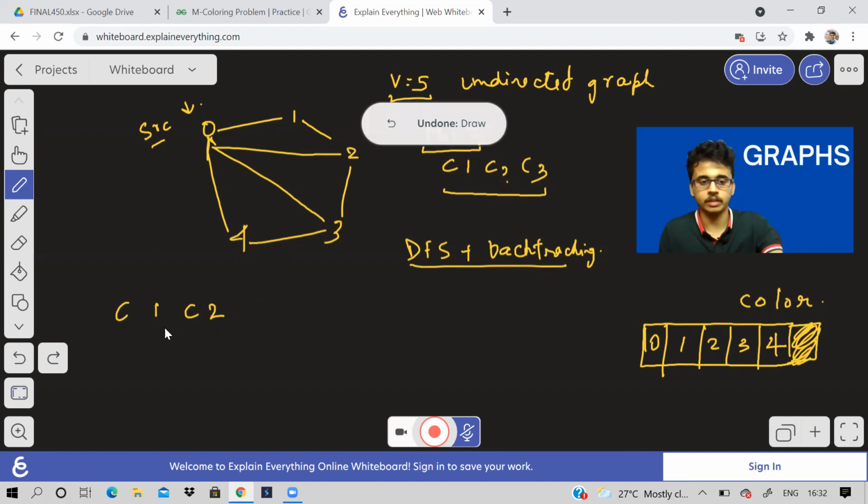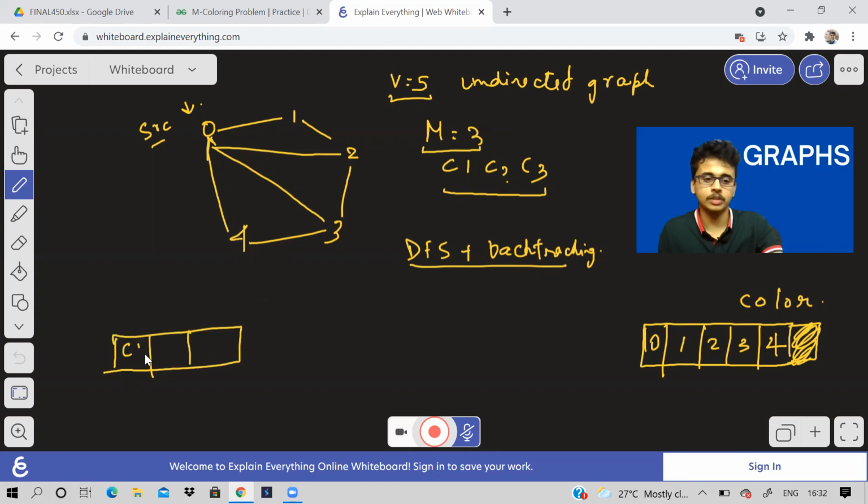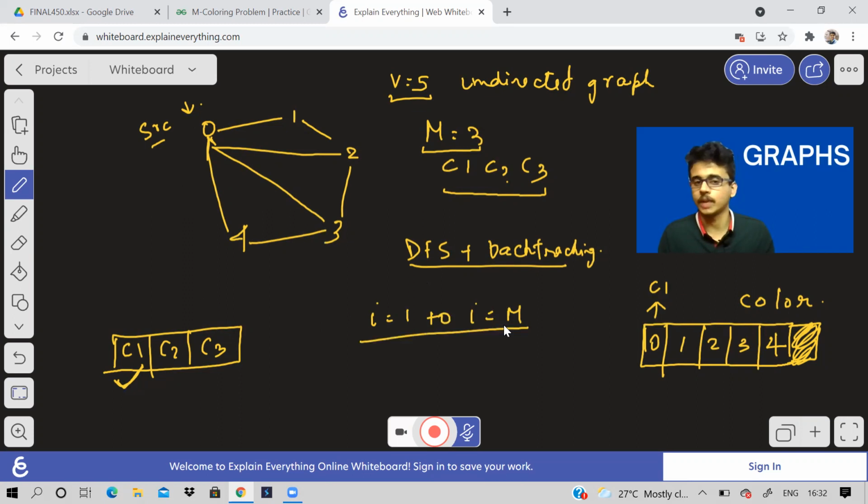Then we'll check if we can color with the first color. If we can color the node with the first color, then in the color array, wherever the index of the node is, we are going to store the color over there. Storing the color means it is a number only, from i equal to 1 to i equal to m, the number of colors we have.